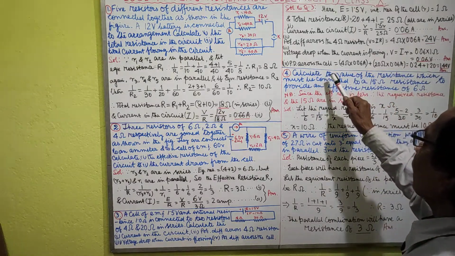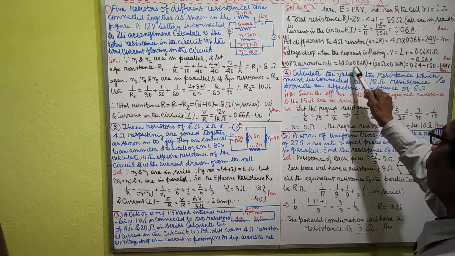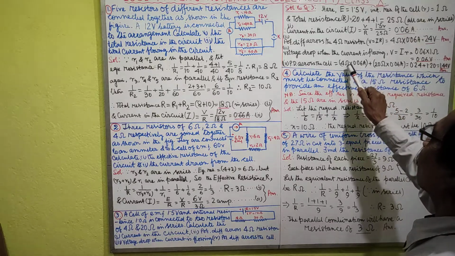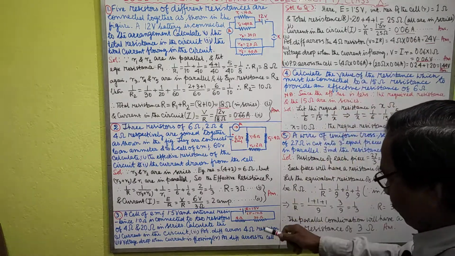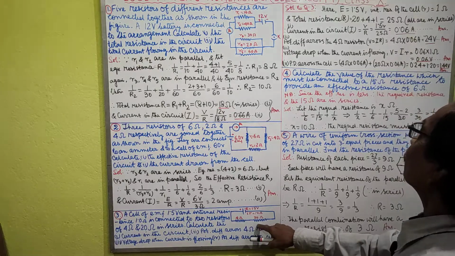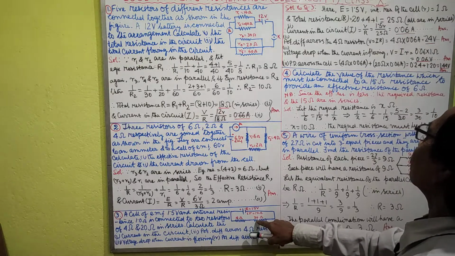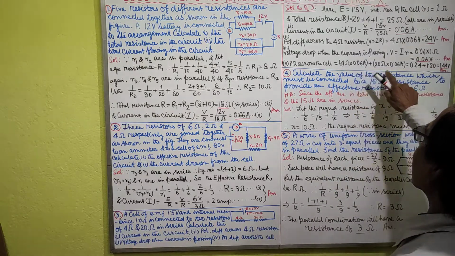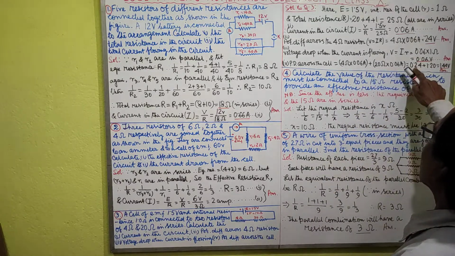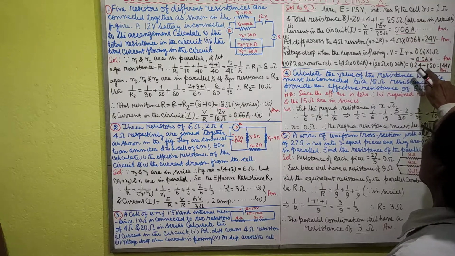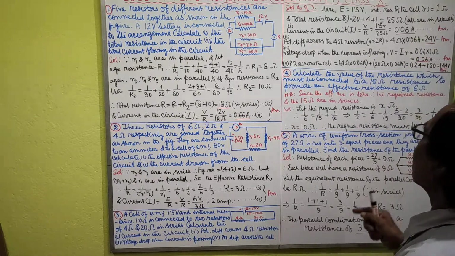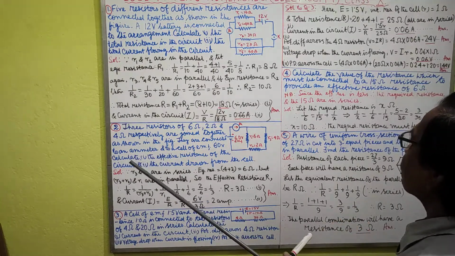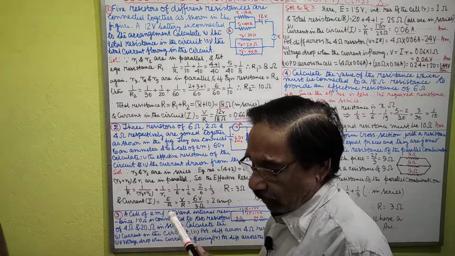And potential difference across the cell will be the 4 ohms and the other 20 ohms. So they will make the potential difference, which is 0.24 and 1.20, that is 1.44 volt. It is 1.44 volt.